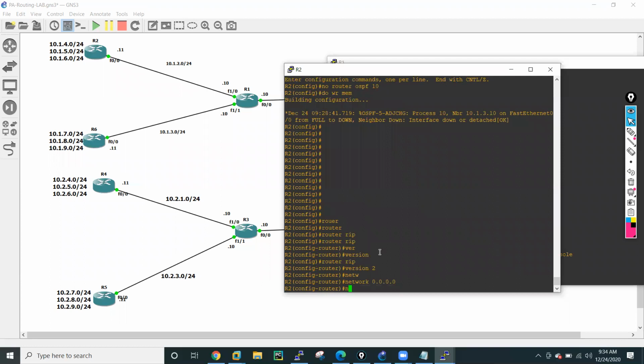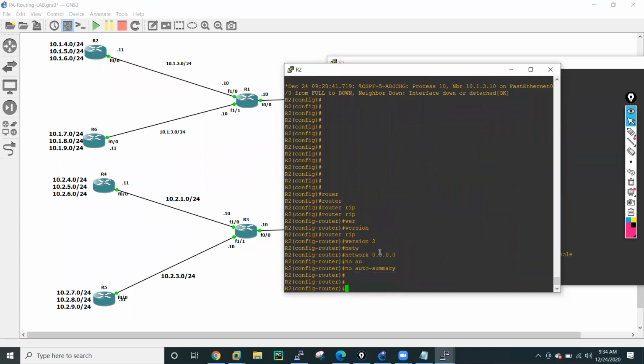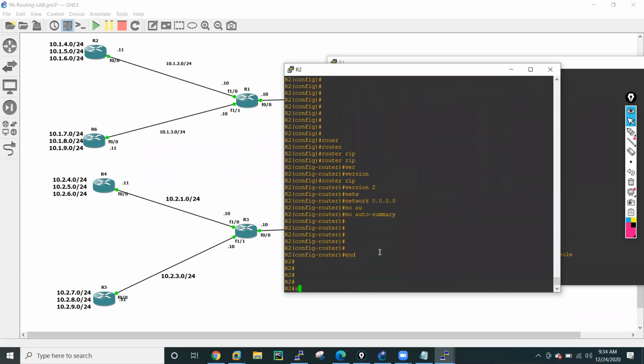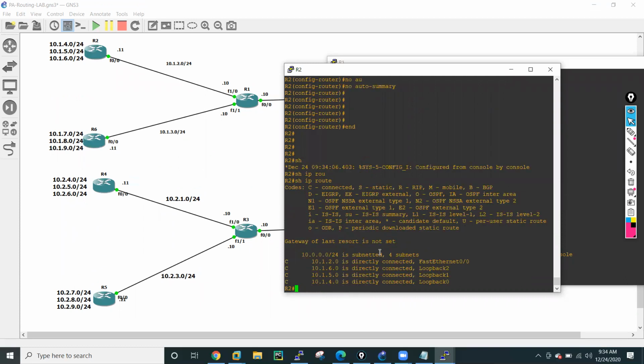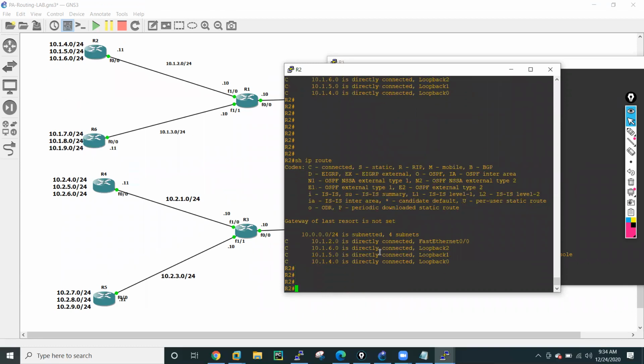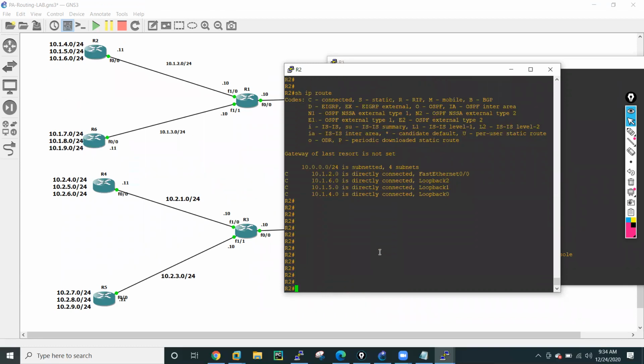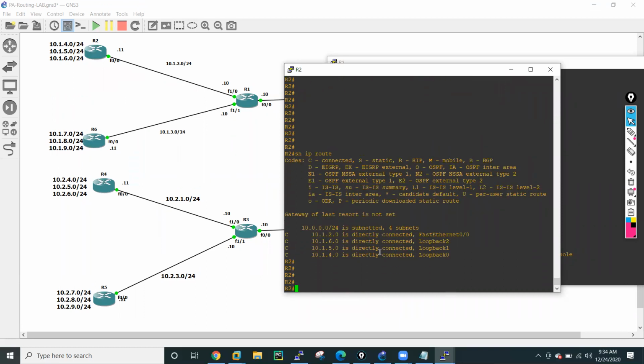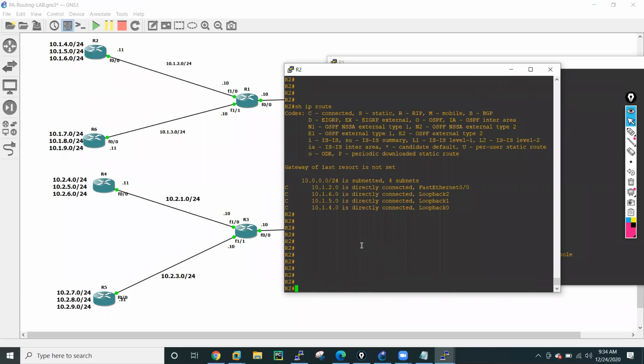Okay, and I will use no auto-summary here. So IP route, this time if you see, I'm not receiving any route from RIP. What's going on? So run section, router RIP,